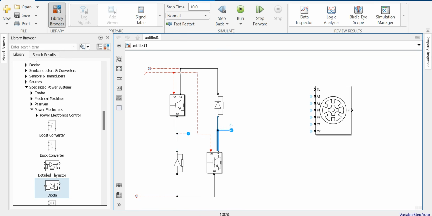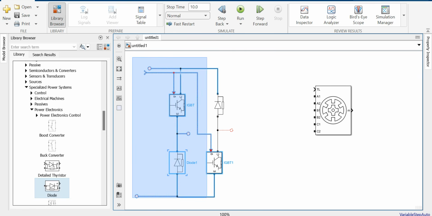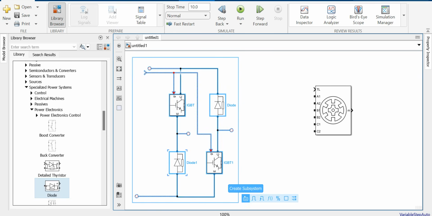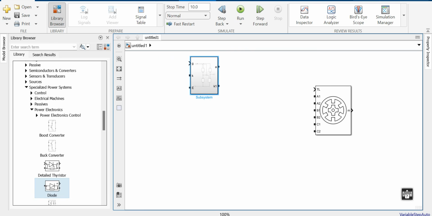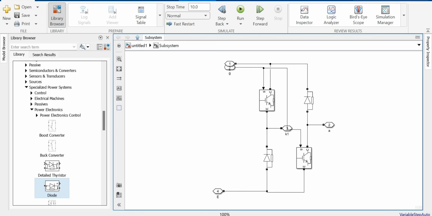You need to press the control button while doing this, and this is for one particular phase. So I select this and create a subsystem, double click on this, and this is supposed to be the gate signal. So I put it as gate, and this is supposed to be V plus, so V plus, and this is